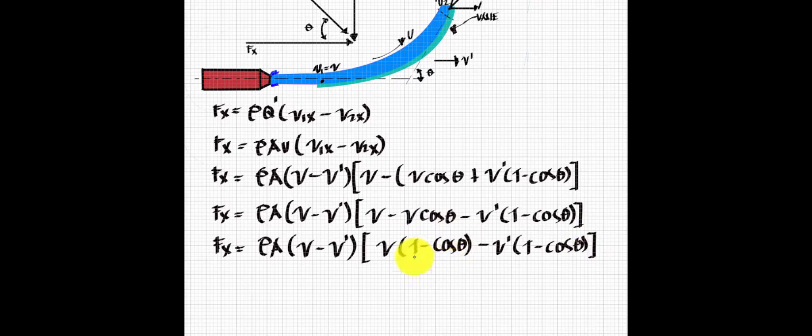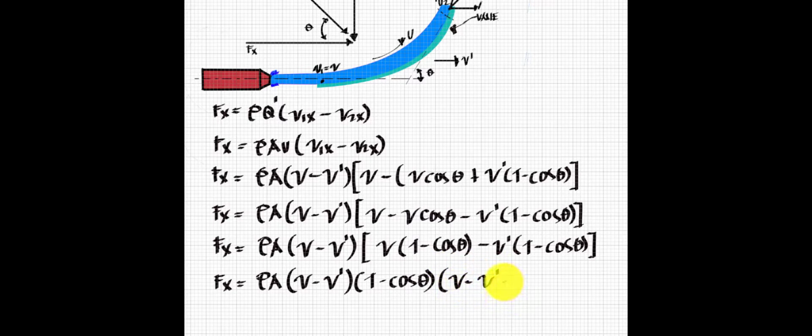So you will notice here, we can factor out the 1 minus cosine of theta. So we can simplify the equation. Writing that, F of x, we have your density, area, then we have v minus your velocity of the vane. Then factor out, so we have 1 minus your cosine of theta. Okay. Then this will be multiplied to v, velocity of the jet minus the velocity of the vane,